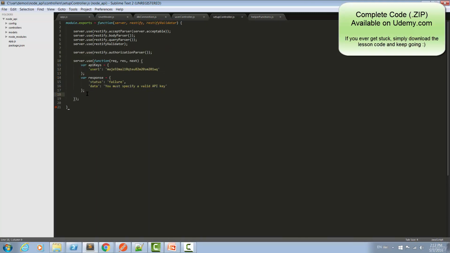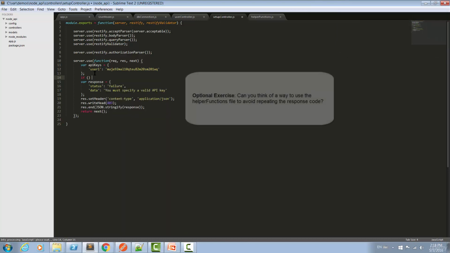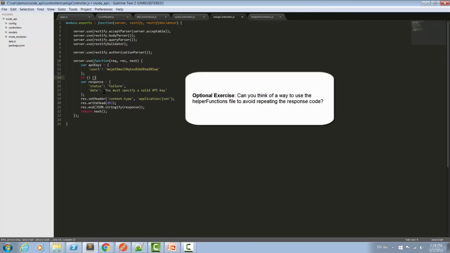Go into our setup controller, and this code is actually responsible for sending our response. We'll use status code 403, which means forbidden, in case that they do not pass a valid API key. And then what we need to check, and here's where the magic happens, we'll wrap this entire thing in an if statement, and we are just going to say